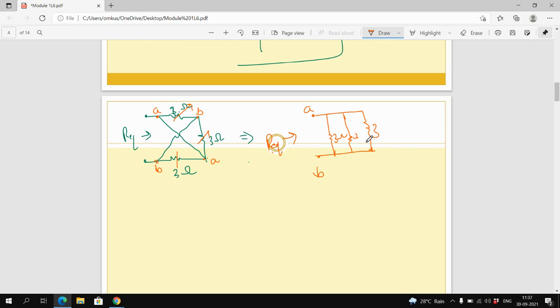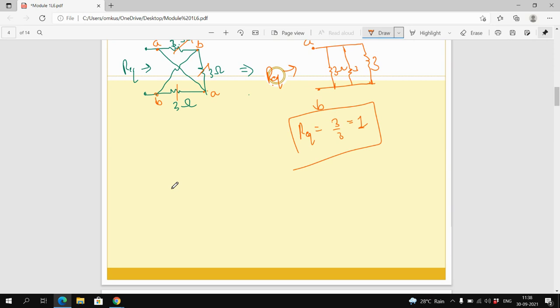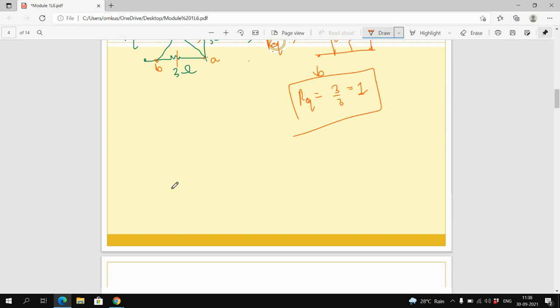Now these 3 ohm resistances are connected in parallel. So when you solve this problem, you will get 3 divided by 3, that is 1 ohm. Three equal resistances are connected in parallel, so divide by 3. I already explained how to solve this problem. You take 1 upon R equivalent equal to 1 upon R1 plus 1 upon R2 plus 1 upon R3. So when you solve this, you will get 1 as the answer.